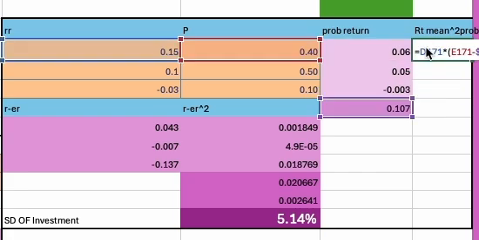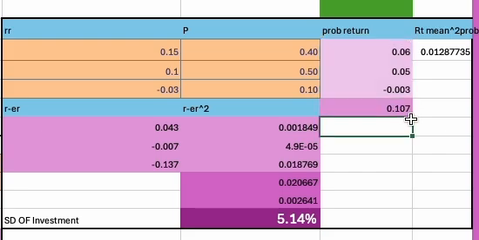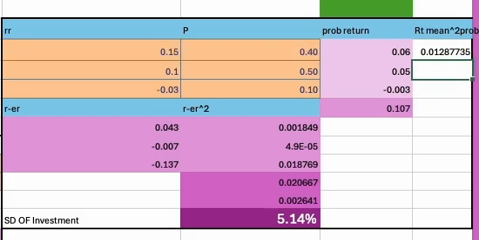Then for here, you're also going to need to go down here and use the sum function for your probability returns, which gives you 0.107, and you're going to use that in your next calculation. You're going to start off by using your 0.15, multiplying by this, subtracting this, altogether squared, which gives you